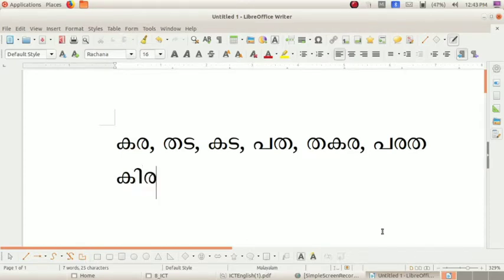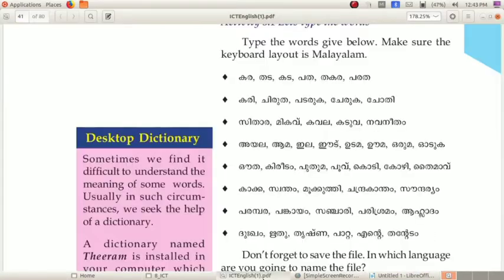Key. Then J. Then Kiri. E symbol is in R. Kiri. Then Tha. Tha is in apostrophe. Then symbol is in X key. Likewise, you can type the Malayalam words and letters.